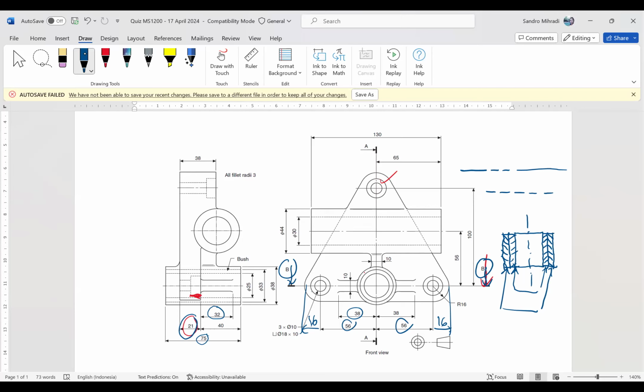Ini 38, ini radius terluarnya adalah 38. Bukan 38. 19 ya. Radiusnya 19. Maka ini 19. Nih. Dari sini ke sini, Anda bisa hitung nih kan, ini 19 juga. Gitu. Kan?